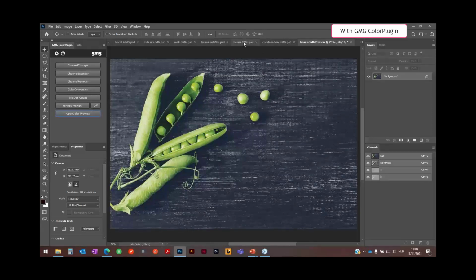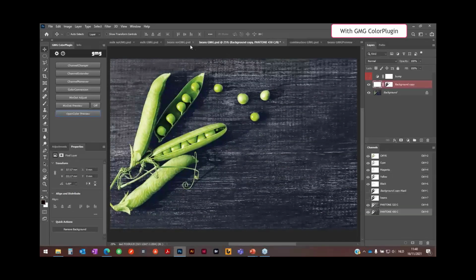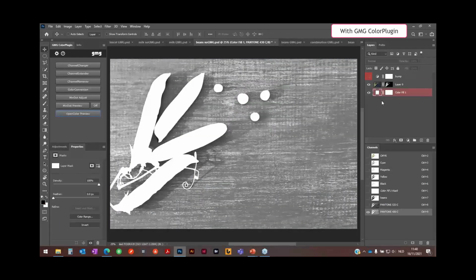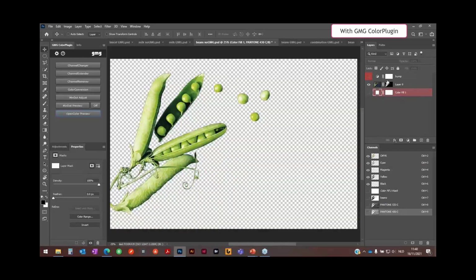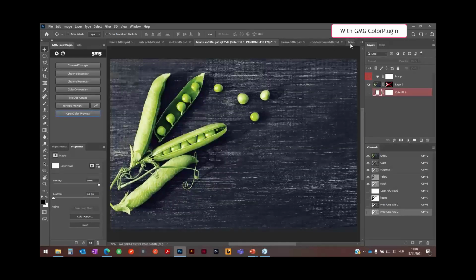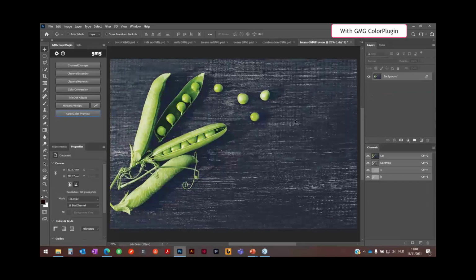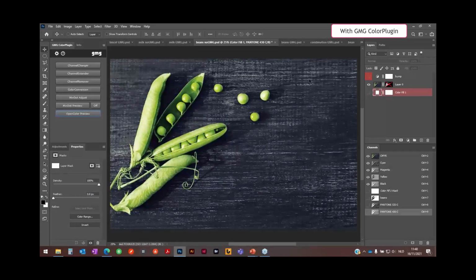If you then compare it to my target result, this was the target, you still see a difference, but this is due to working with Pantone colors. It's normal to see a difference because you have just two colors here, and in the original there were four. So there is a difference, of course, but it will be closer than doing it manually.